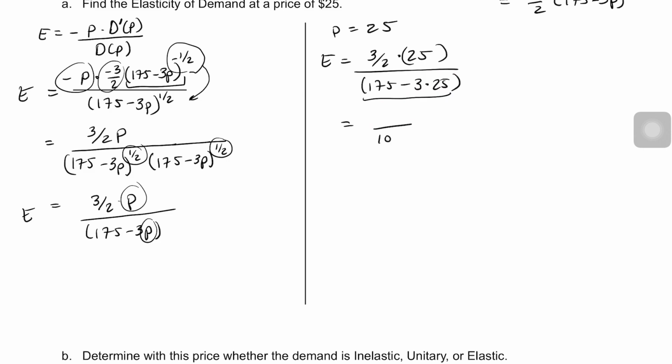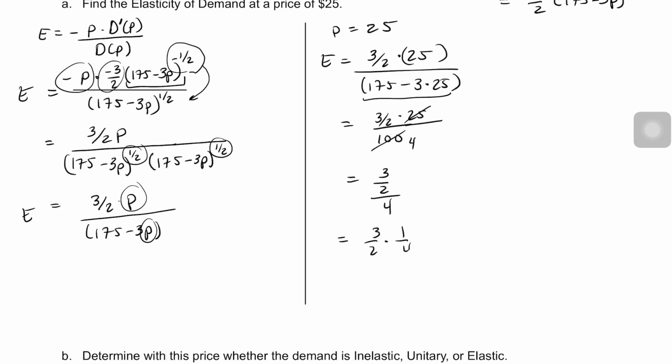So that's 100 for the denominator, and 25 and 100 simplify. 25 goes into 25 one time, 25 goes into 100 four times. So we have 3/2 over 4, which is the same as 3/2